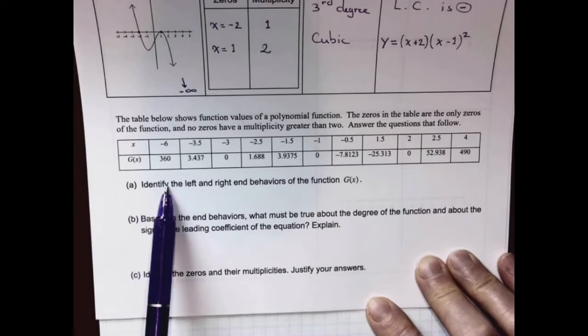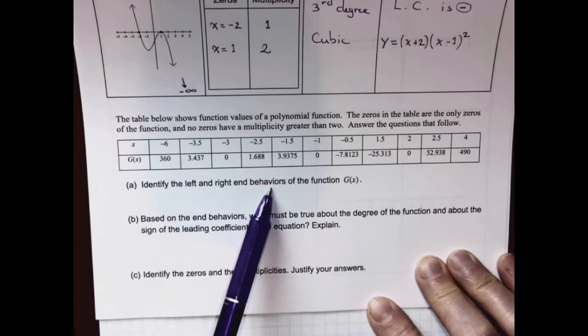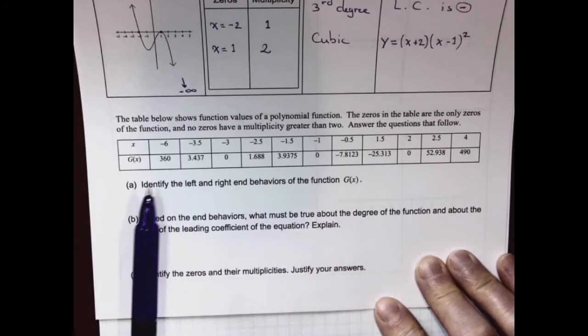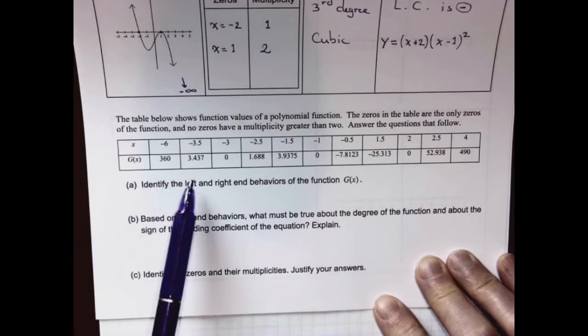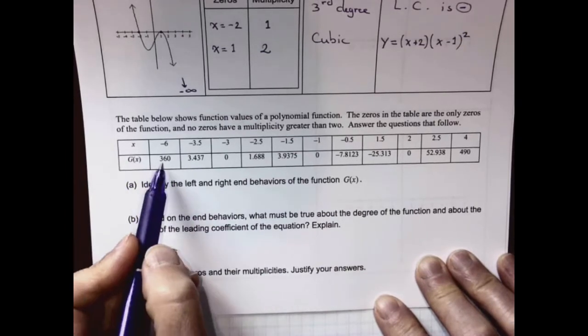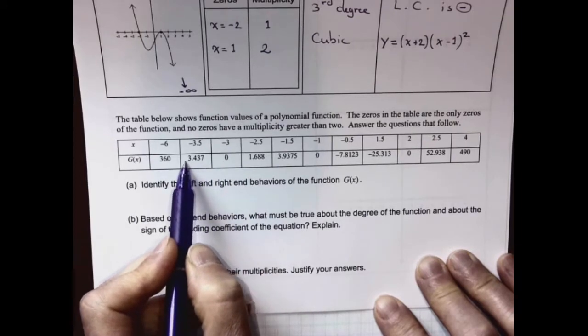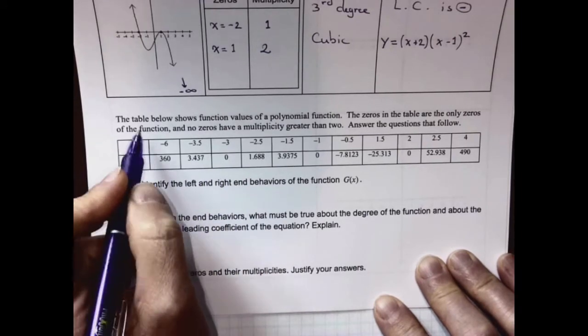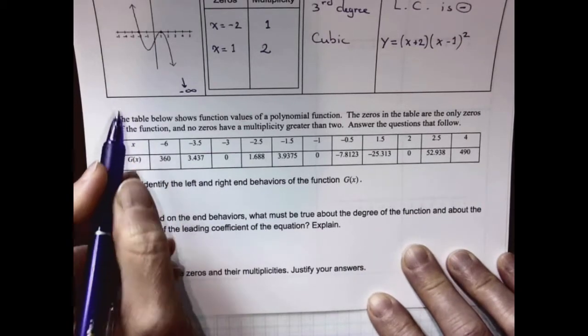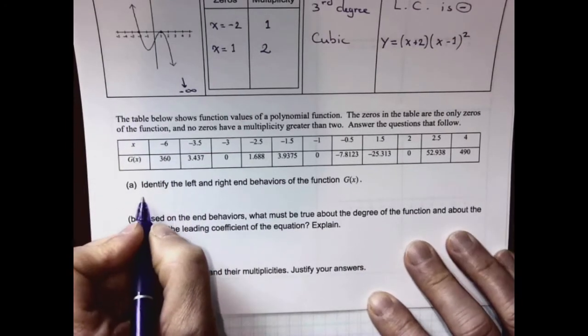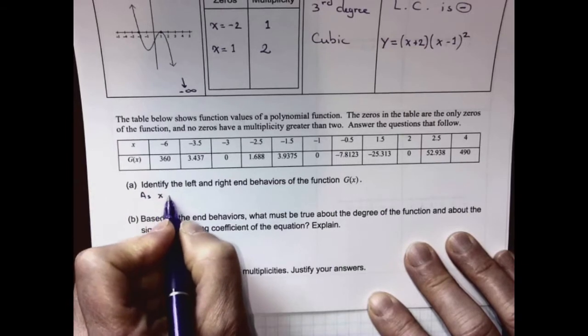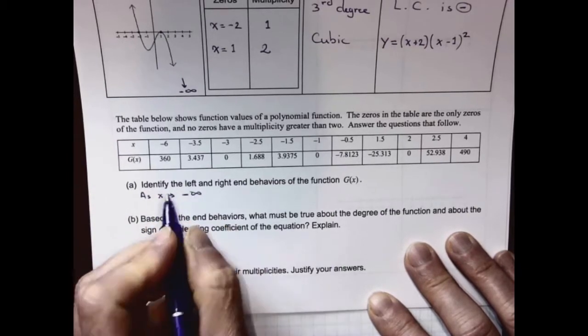Okay. Identify the left and right hand behaviors of the function g of x. So for the left hand behavior, it looks like my graph goes from 3 point something to 360. So it looks like it's shooting up to infinity. So for the left hand behavior, I'm going to say as x approaches negative infinity,